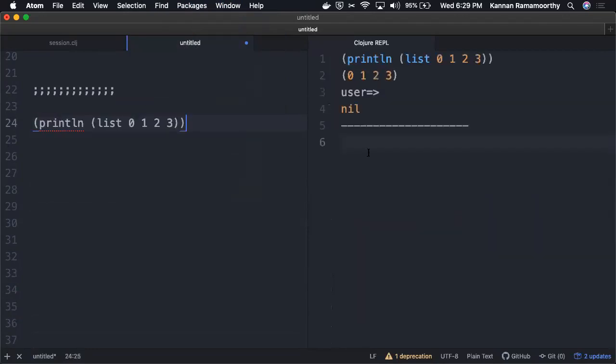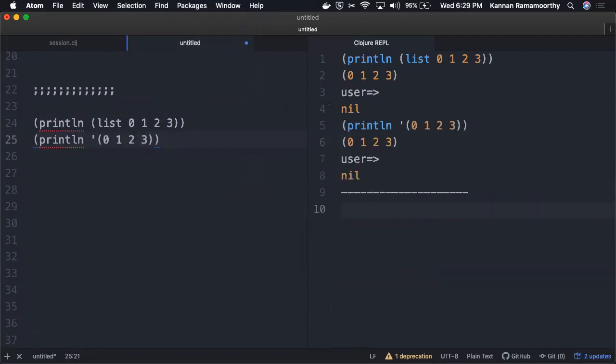I have just created a list and printed it. There is another way of creating a list: you can just put this symbol before the parenthesis, and it's equivalent to the previous expression. And there is one more thing.